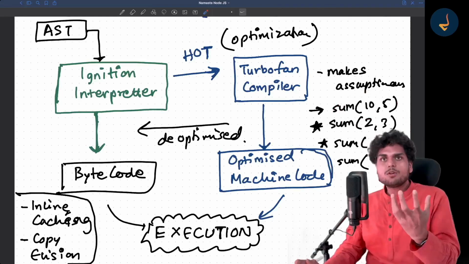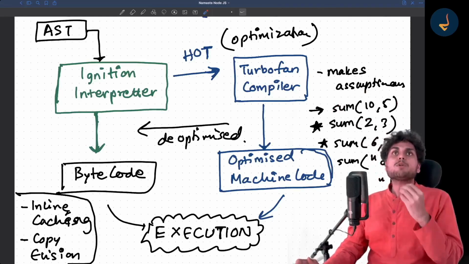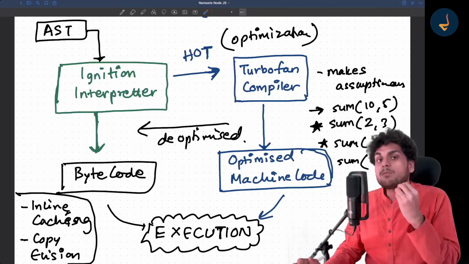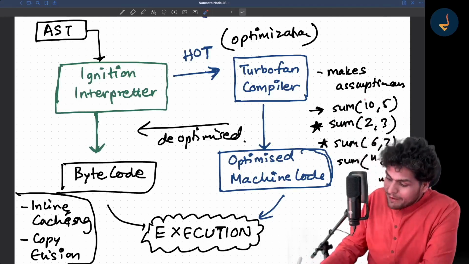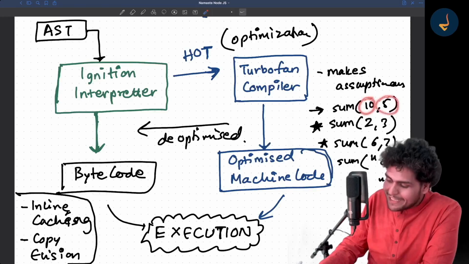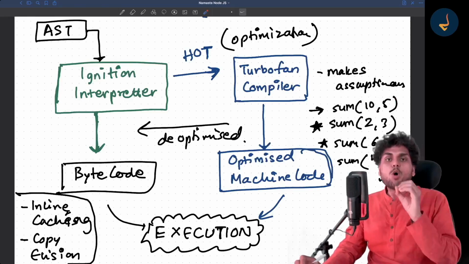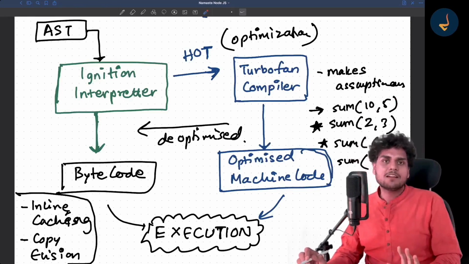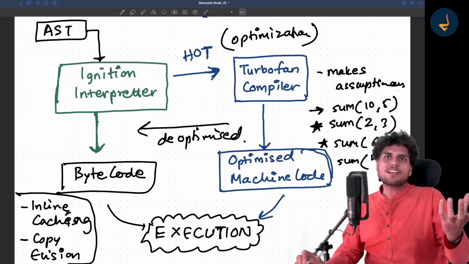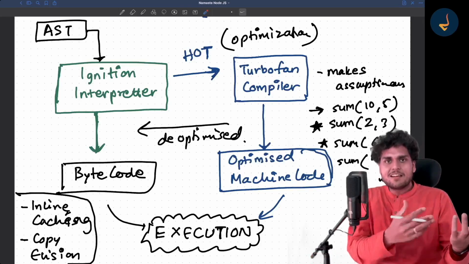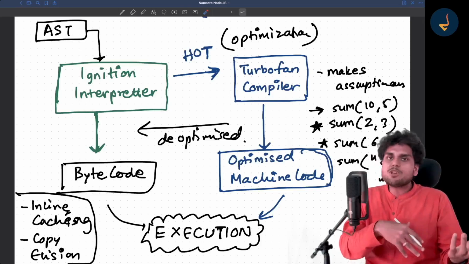So what you should do as a developer, if you are building a function, is always pass the expected things. Suppose you are passing two integers, always pass the expected types. Suppose you have a function, and sometimes you pass in integers, sometimes strings, sometimes something else.